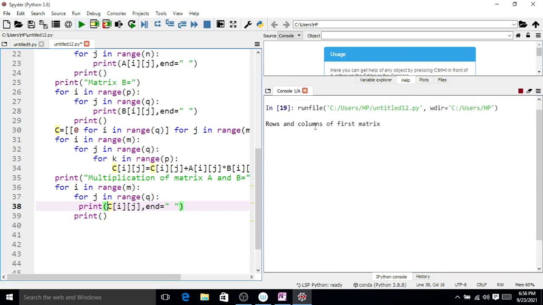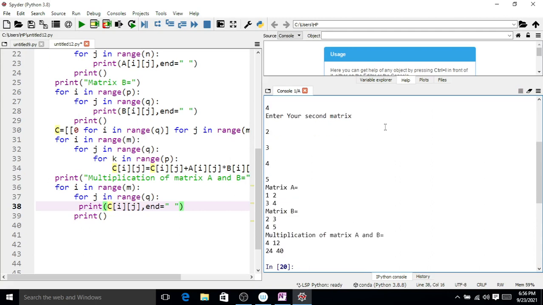Again if we run one more time, say 2 by 2, 2 by 2, 1 2 3 4, 2 3 4 5, and you can see here this is the first matrix 1 2 3 4 and the second matrix is 2 3 4 5. If we multiply the first row by the first column, then 1 into 2 is 2, plus 2 into 4 is 8.